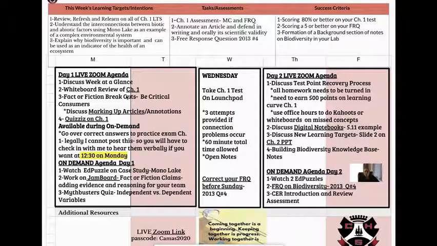Day 1, we are going to review Chapter 1. So we're going to go through particular slides from that PowerPoint. It is hyperlinked on here for you. We're going to do breakout groups in regards to fact or fiction. So you're going to get together with your group that's doing the same claim as you